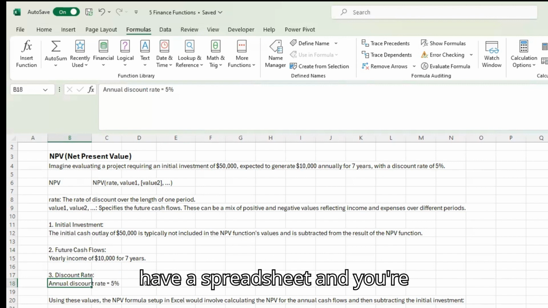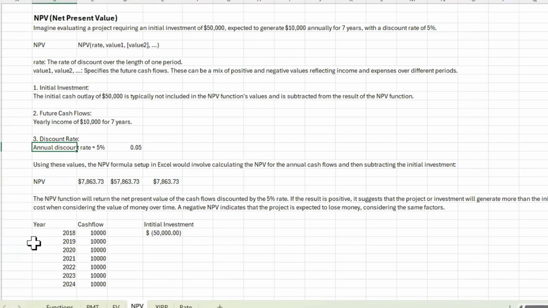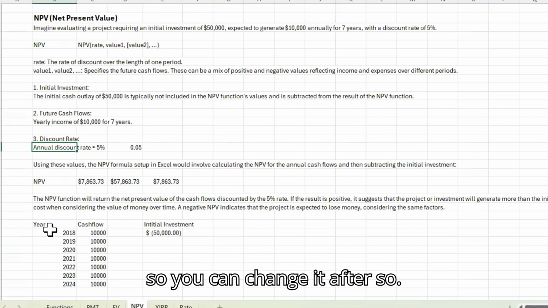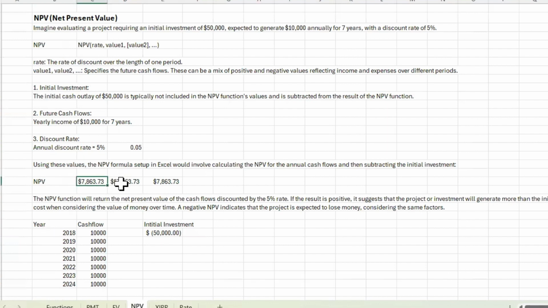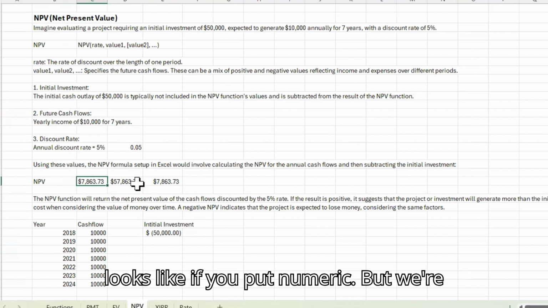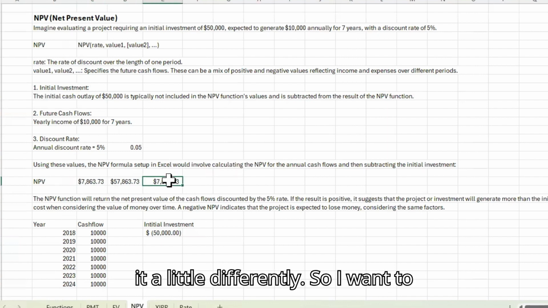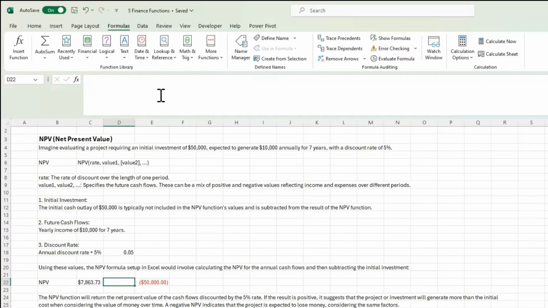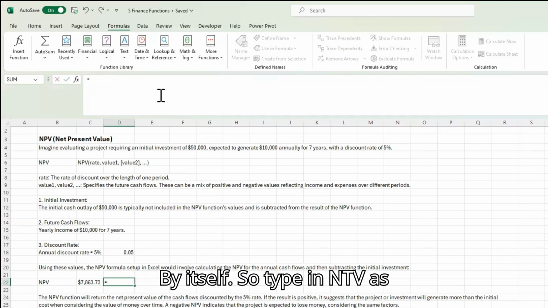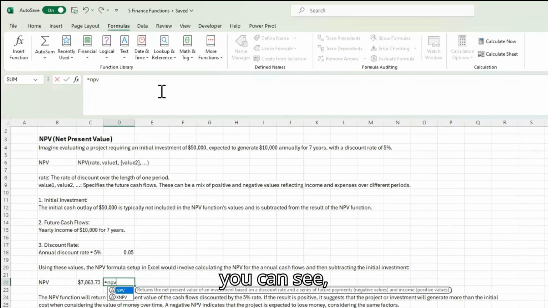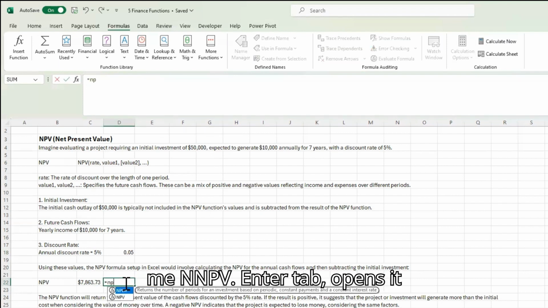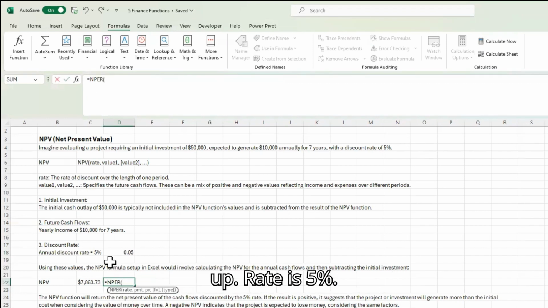Every time you have a spreadsheet and you're calculating data, as I mentioned earlier, make sure you have your numbers as a cell reference and it's not numerically entered into your function, so you can change it after. So this is what the function looks like if you put numeric, but we're not going to do that. We're going to do it a little differently. So I want to give you guys an idea of what it would look like by itself. So type in NPV, as you can see, enter tab, and NPV, enter tab, opens it up, rate is 5%,